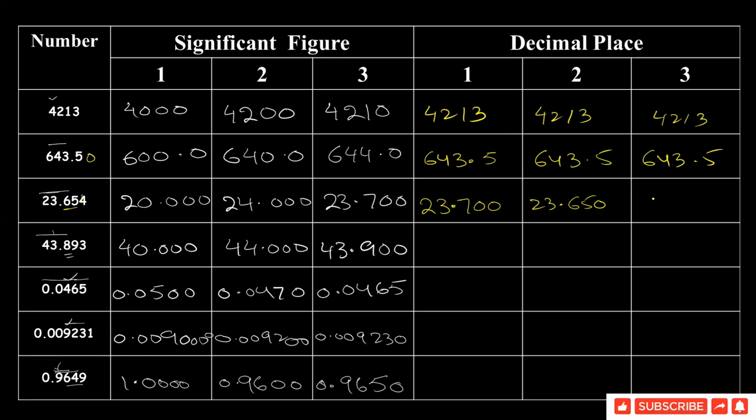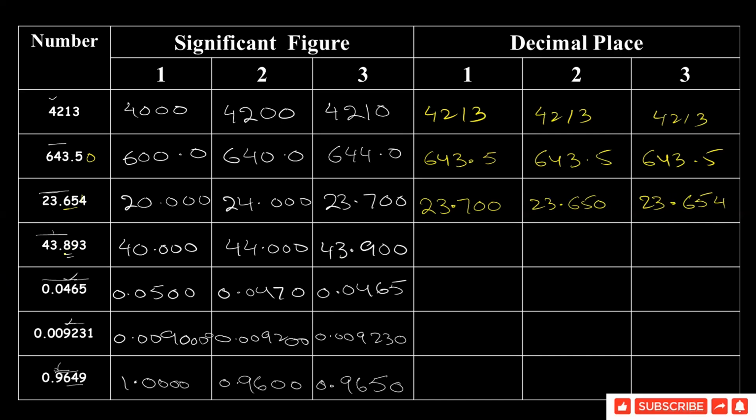So here next one again we write 23, round it up or down decimal place up to 3 decimal place. The next one will be 23.654 because the fourth one is a third decimal place. Next is